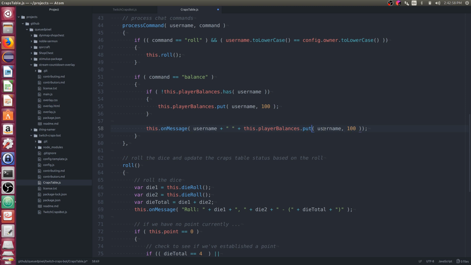I'll do get instead of put. So this does nothing particularly interesting yet. If the player doesn't exist, we give them a balance of 100. If the player does exist, we simply, well, once we do this, the player exists. So if they already exist, we don't set it. And in either case, we just print out their balance. In this case, it'll be 100.